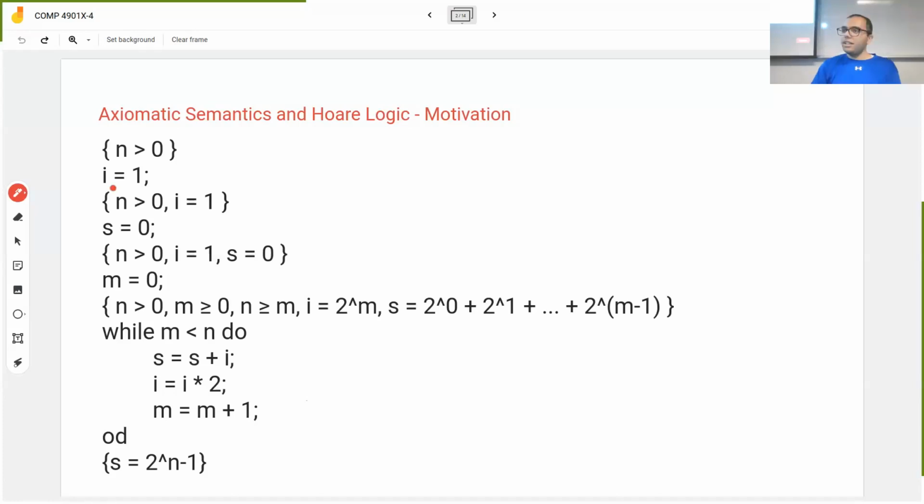If I run this, i equals 1, what do I know after I've run this line of code? I know that n is greater than 0 and i is equal to 1. So I'm just updating my knowledge, right? Now, if I know these things and I run s equals 0, again, I update my knowledge. If I run this and I know m is equal to 0, I update my knowledge and so on. Now, this one is more complicated because I have a situation where I can do this while and I can come back, right? So I have to make sure that whatever invariant